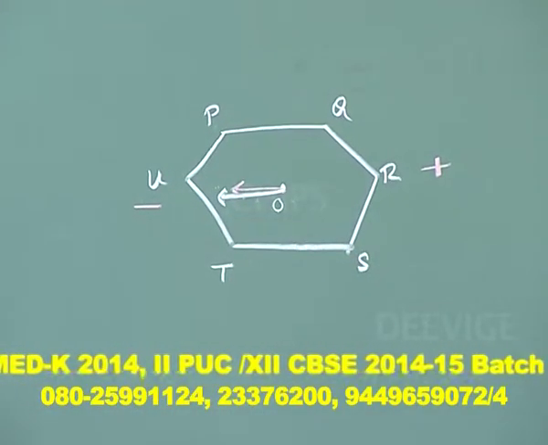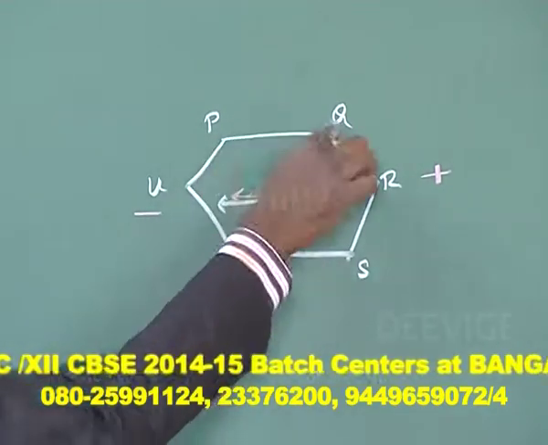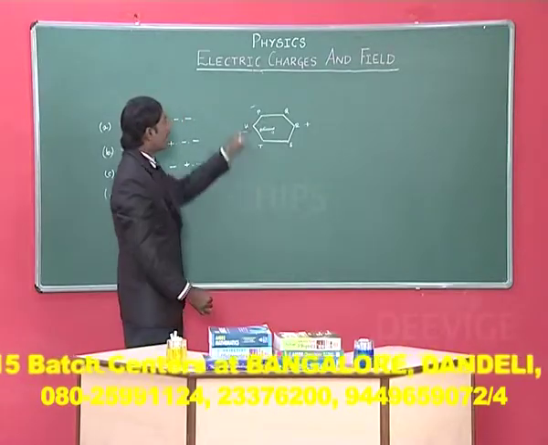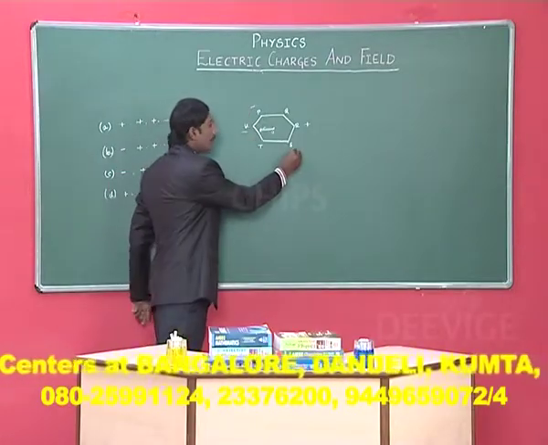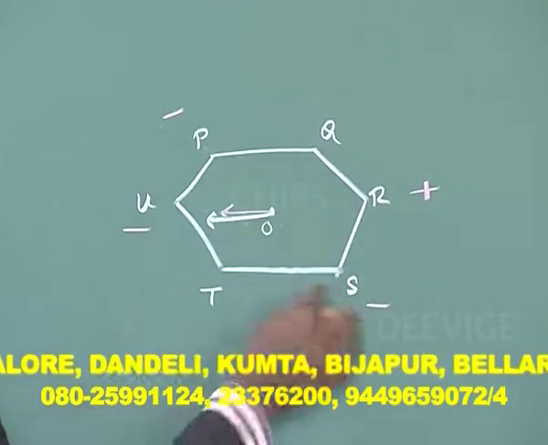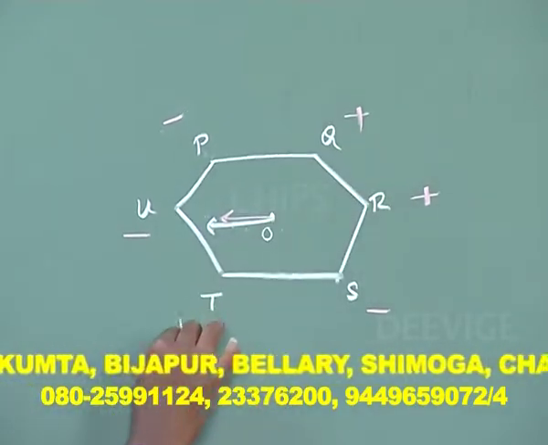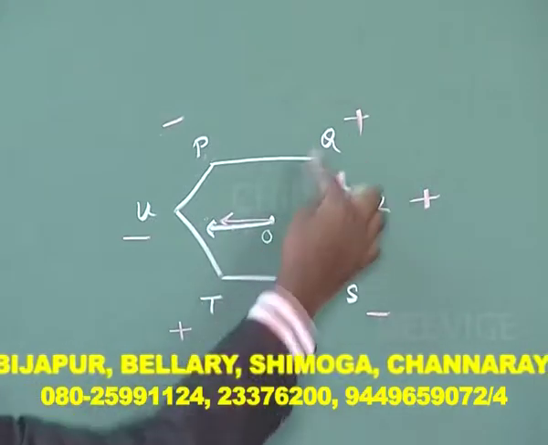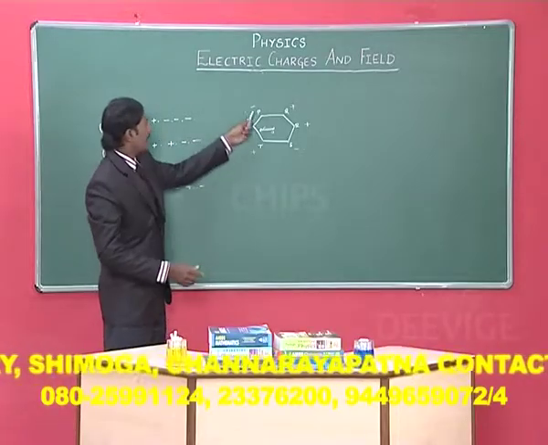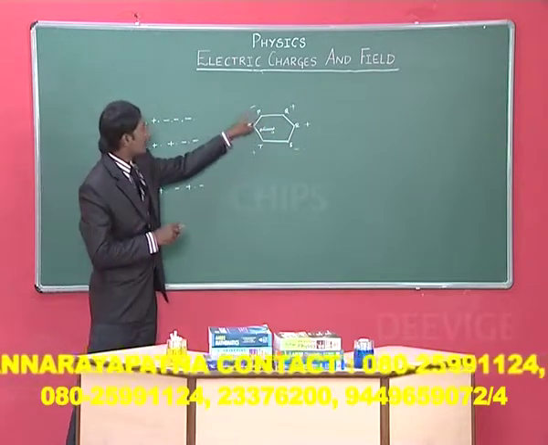In order to get the net field at the point O to be 0 due to these 4 corners, if you place the charge at the point P as negative, S should be negative too, because if it is converging, this will converge, so the net field will cancel out. For the point Q, if you place a positive charge, T should be a positive charge, then only the net field is going to be 0 because of T and Q. So if you choose the option for P, Q or S, T, U charges, the first P charge goes with a negative sign.